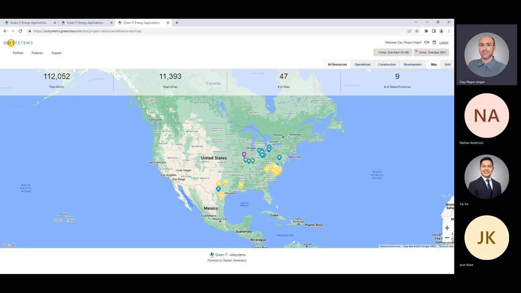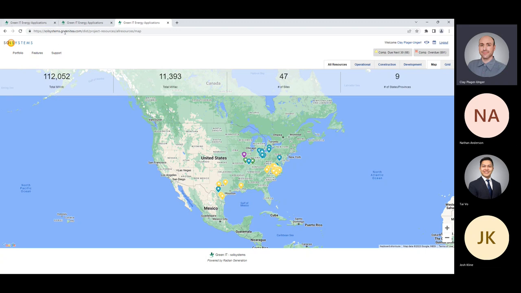Radian Green IT contracted with Sol in 2022 and is now delivering the production system and providing training on the initial deliverables. Today, we'll be focusing on an intro training or 101 training for land control and landowner payments. And in this session, we'll review core data, features, and responsibilities. So some of the basics,